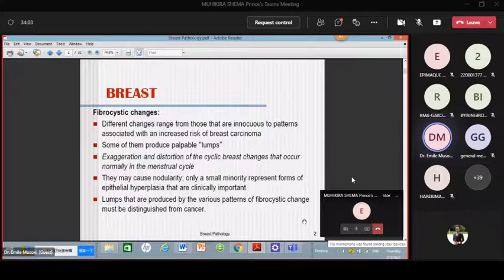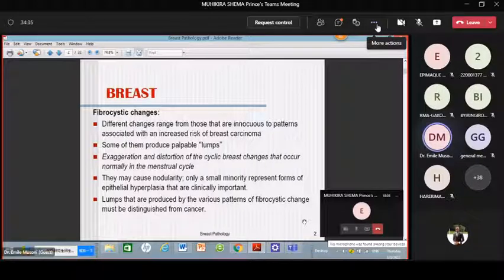The breast also has some inflammation, benign tumors, malignant tumors, and some abnormalities. So breast, even though it is small, has several diseases, such as inflammation, benign tumors, anomalies, metastatic cancer, and others. So now let us see